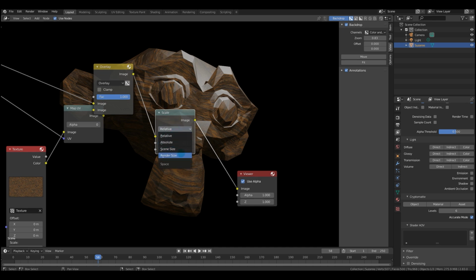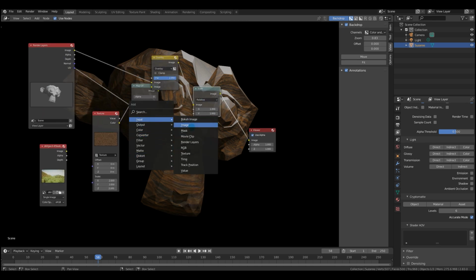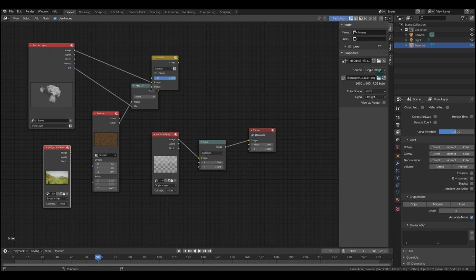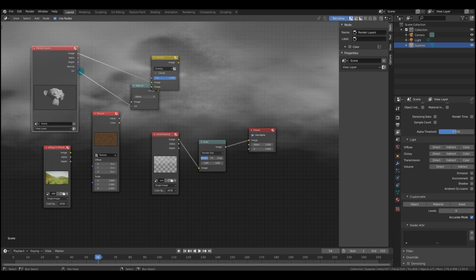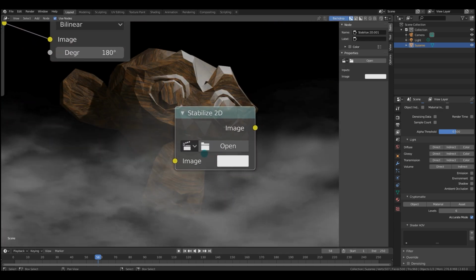So you can actually set this to be the render size, the screen size, but let's say that you have some sort of element like fog that is not the same size as this image, but you still want to overlay it. You can set it to Absolute if you need to set it to something special. Go to your texture or image or whatever is the background, and there you can find the width and height in pixels. You can also just set it to the render size, and that'll set it to the size of your render.